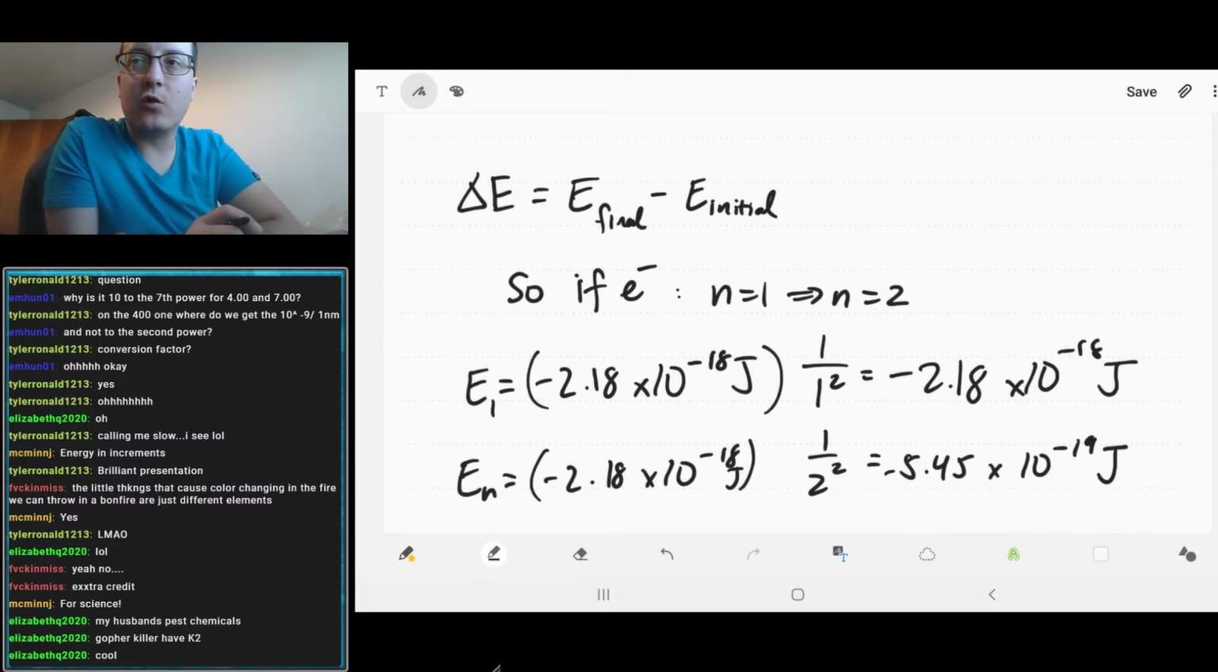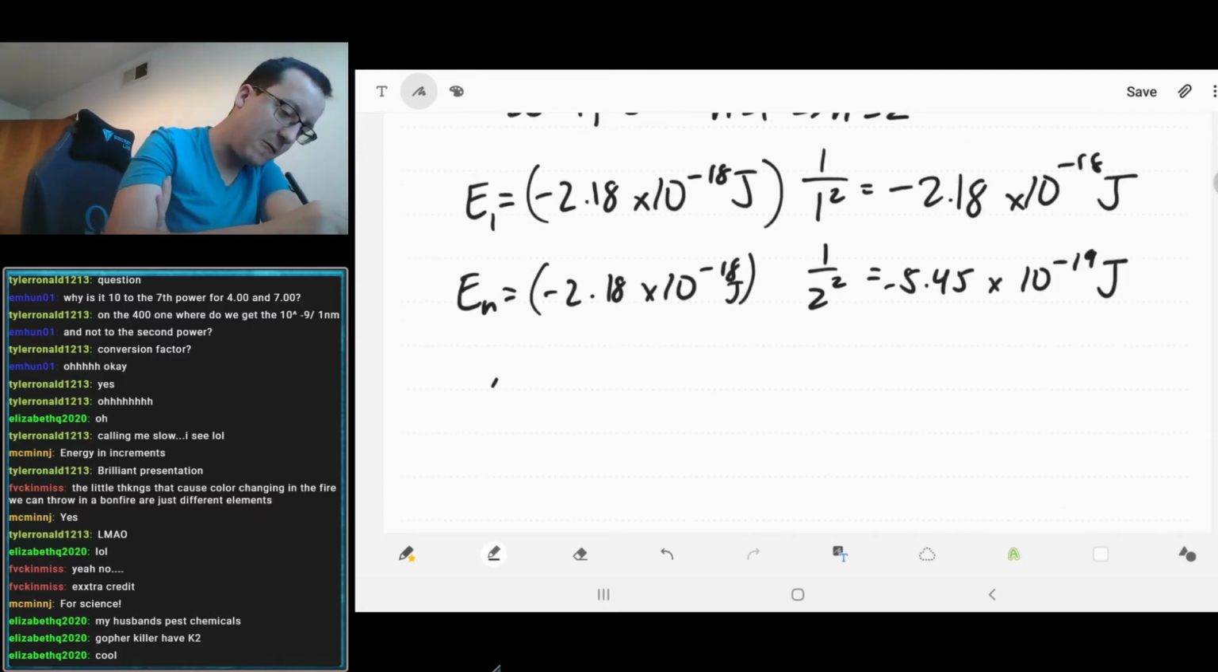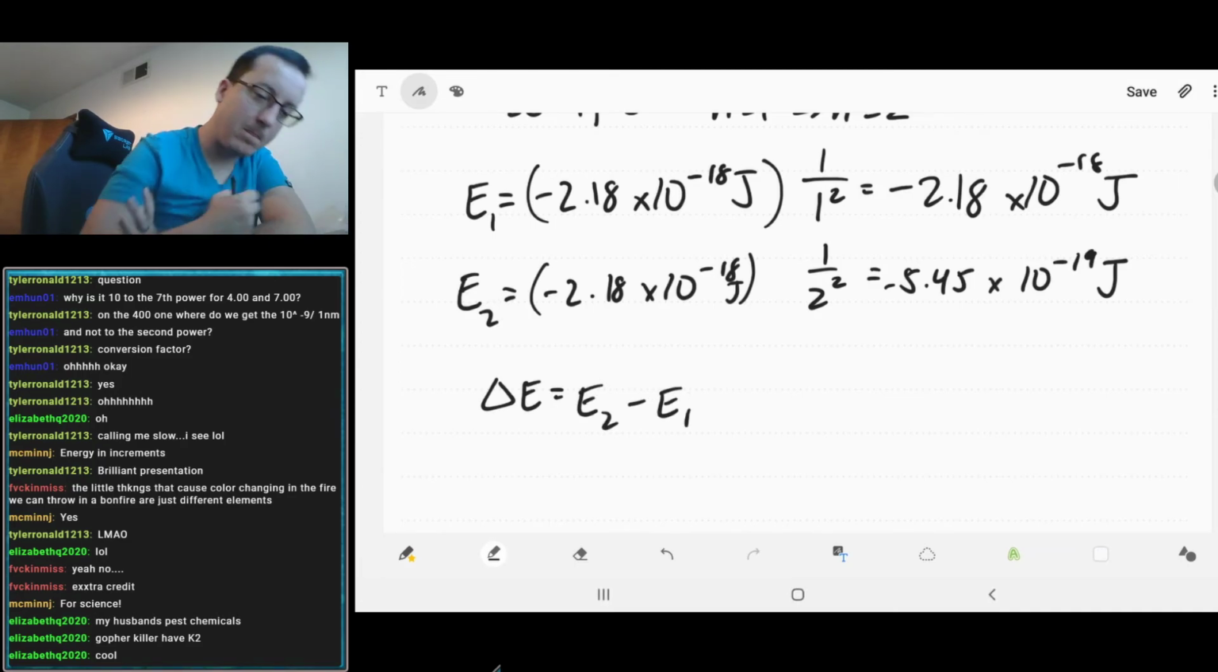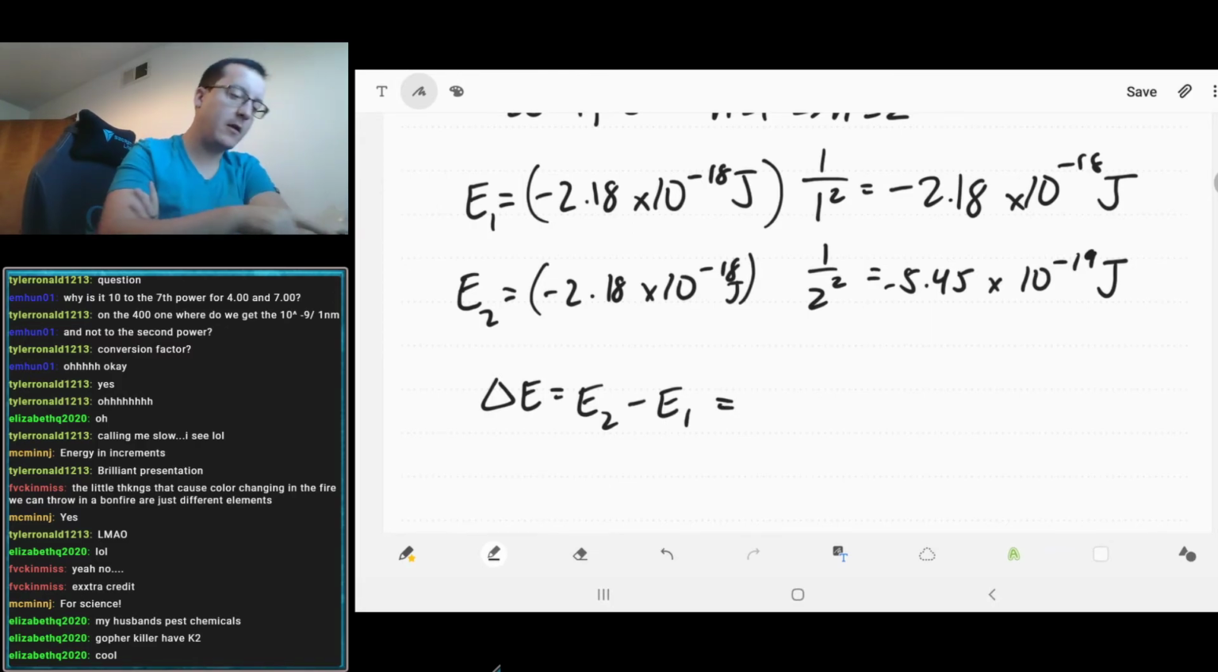Yeah. Cool. Looking at these 2 numbers, the difference in energy, we can calculate it. So the difference in energy between those